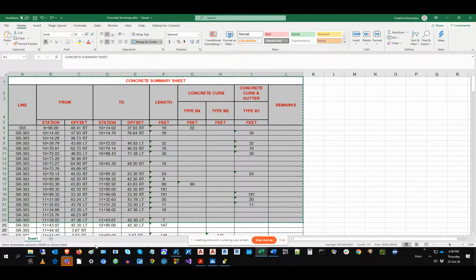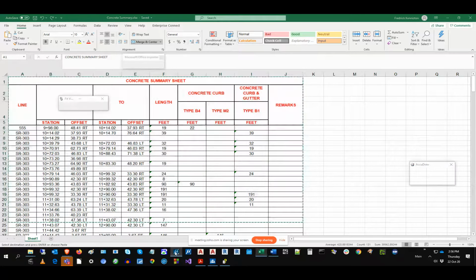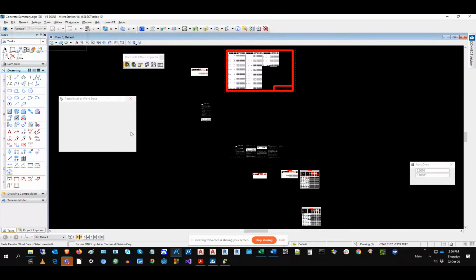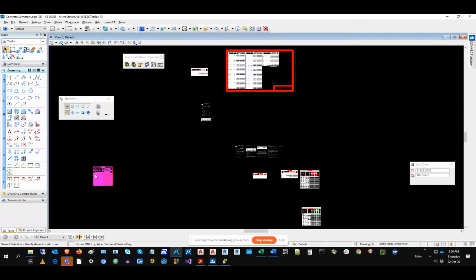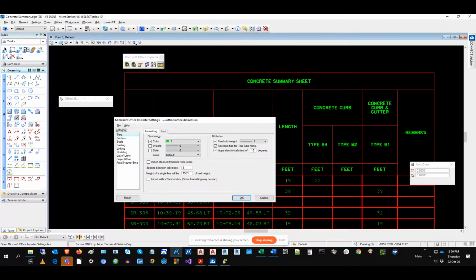So I copied that data and go back. Come on, MicroStation. There we go. And paste it. So as you'll see, it's got the different colors for the text and the lines. Now, if I go back and I restore my default settings,